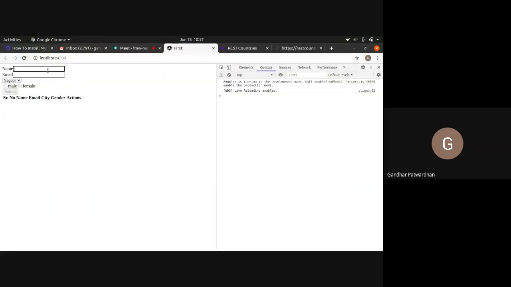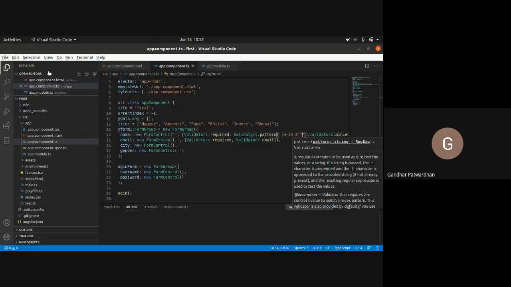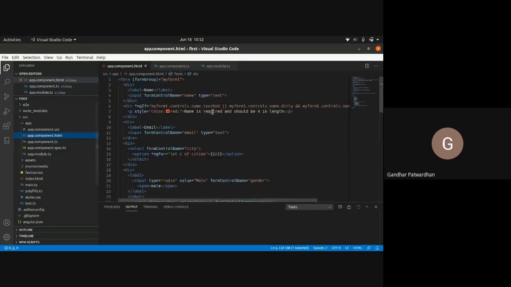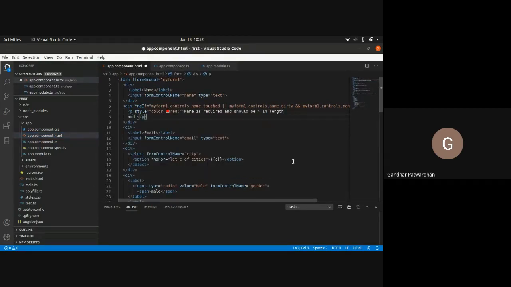Let's see if this pattern works. I'll also put an error message. The error message would be: name is required, should be 4 in length, and should contain only characters.